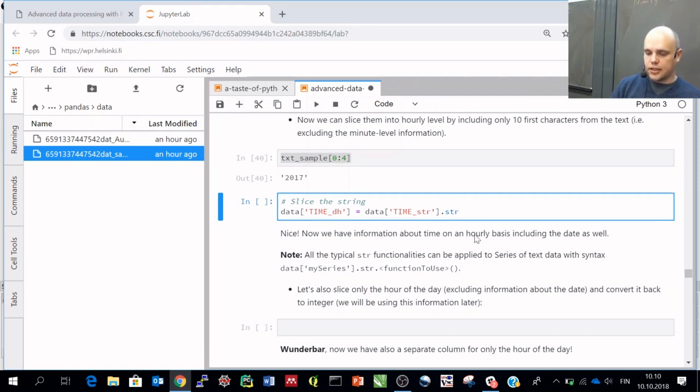So .str, where you get different text manipulation functionalities, and what we want to use here is